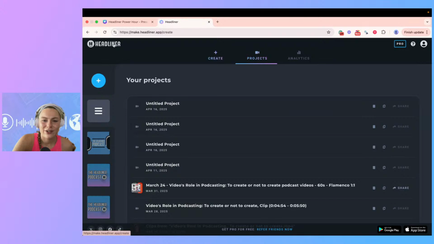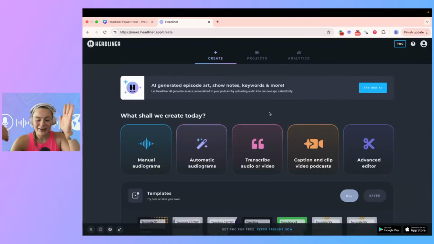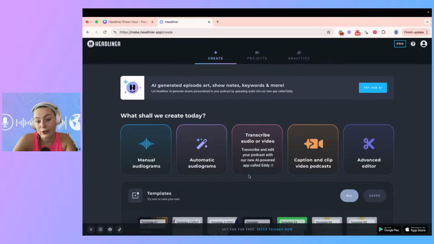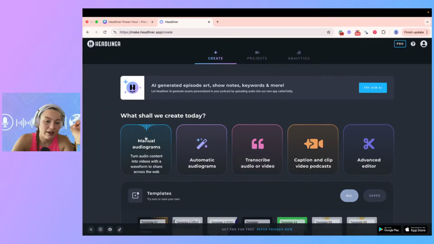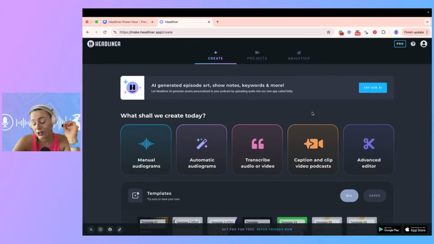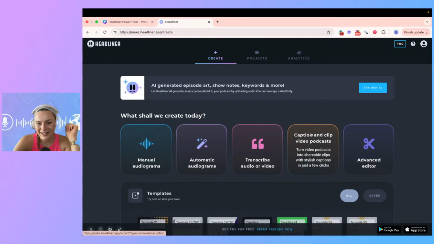Okay, go back to Headliner. Okay, now say you are a video podcaster and you're like, I need clips for my video podcast. You have that ability. So we definitely showed how you can get up to 20 clips here in this transcript-based editor. We showed how you can do that for your audio first content, but say you're getting into video or you have video already, awesome. You can do stuff with that too. So click on this orange button